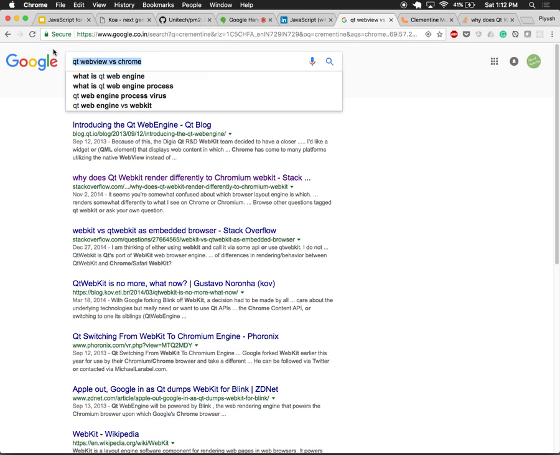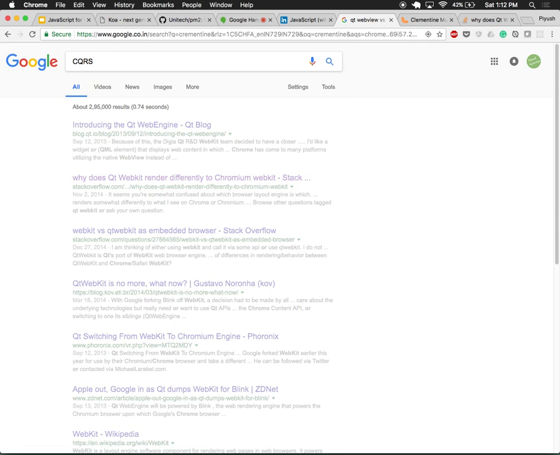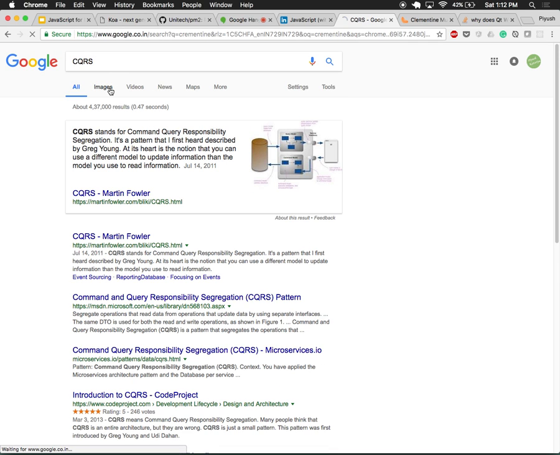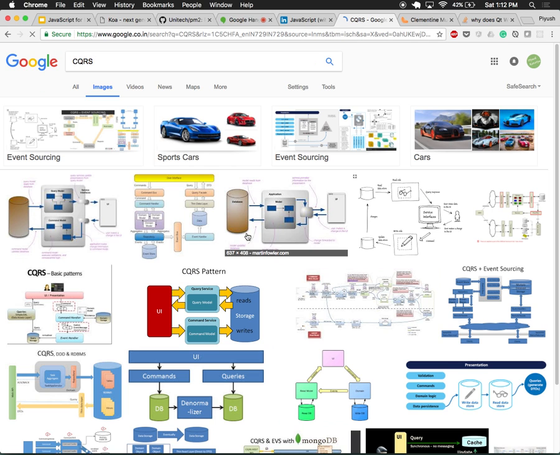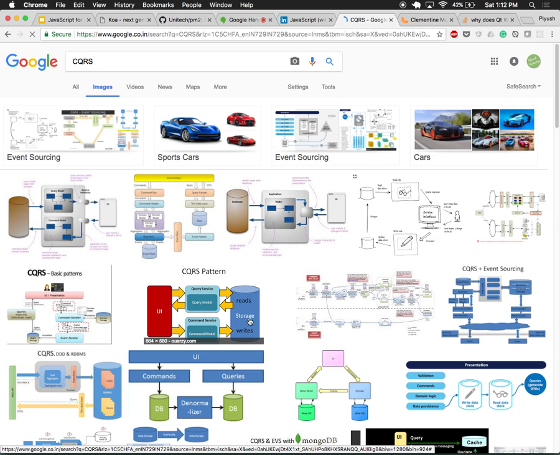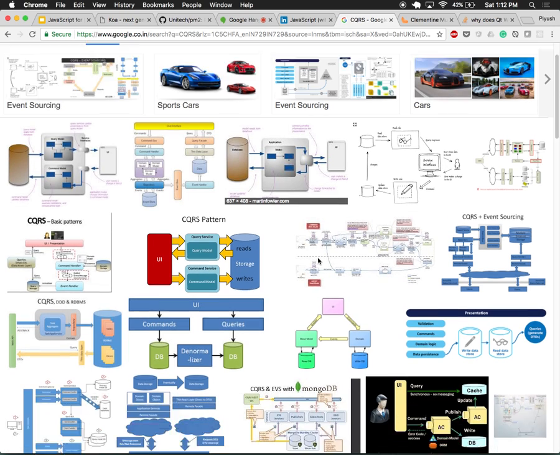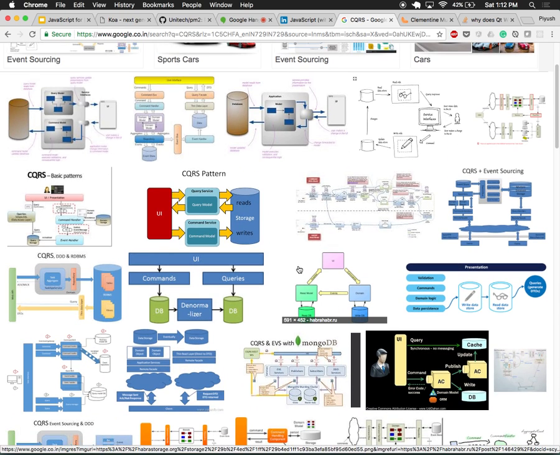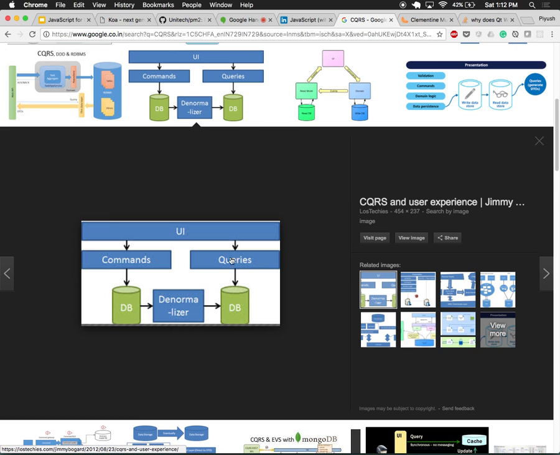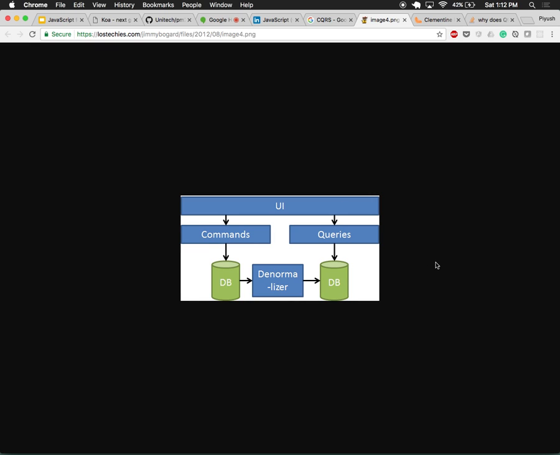Okay, let me at least give you the idea of how it looks, like the event store and all. This is the simplest one. The style of querying is different from the commands.